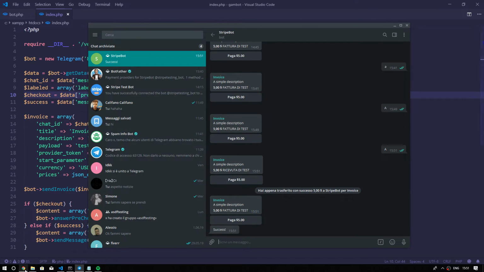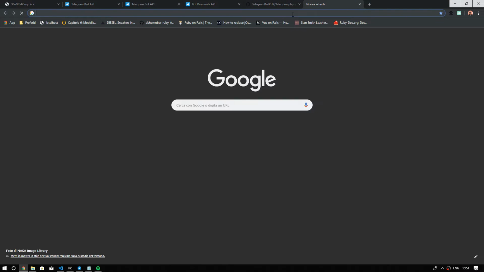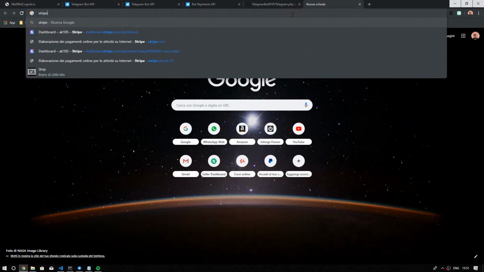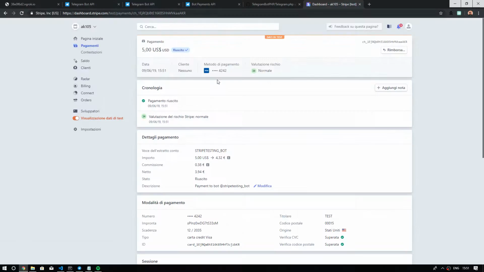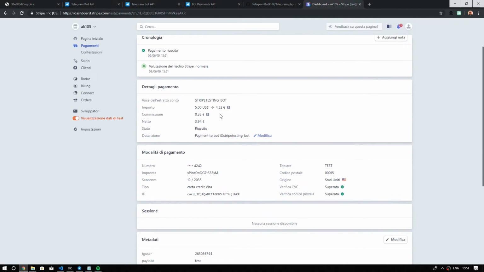And I want to show you how you will get the payment on Stripe. So let's go to the Stripe dashboard. I will hide this part so you can see. Let's activate test data. As you can see, here it is, the payment. Obviously it is a fake payment, but this is really how you will see your payment. And also you can have a preview of the taxes you will have on your payments, so you can make a business plan